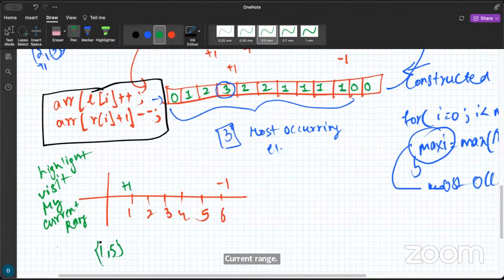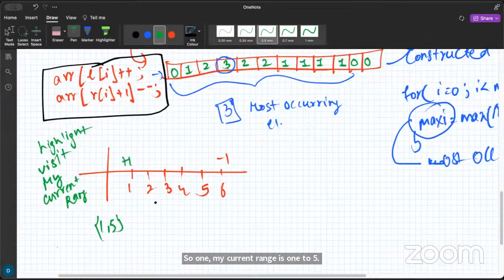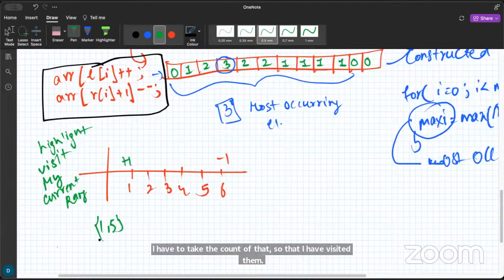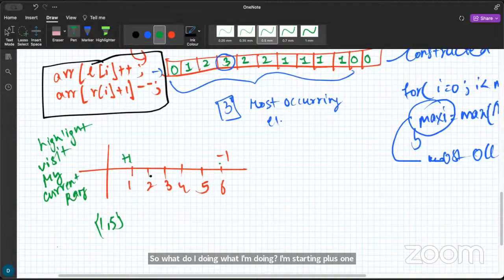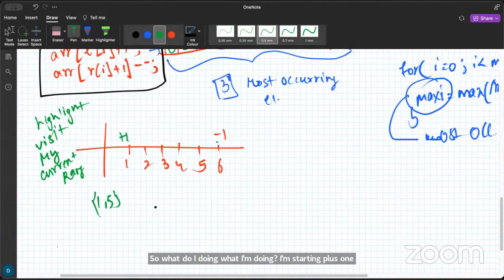I want to visit each element from 1 to 5, and I have to take the count of that so that I have visited them. So what I'm doing, I'm putting plus 1 here, minus 1 here. Why? Because ultimately what we are doing here,